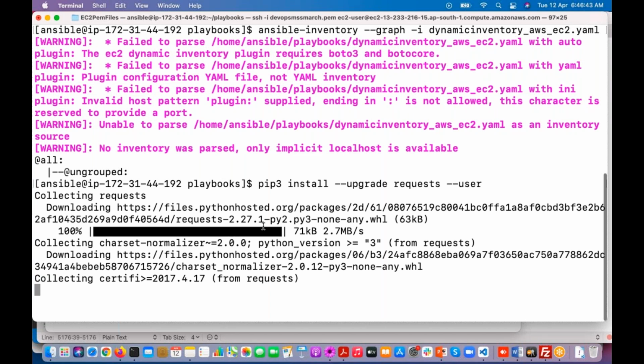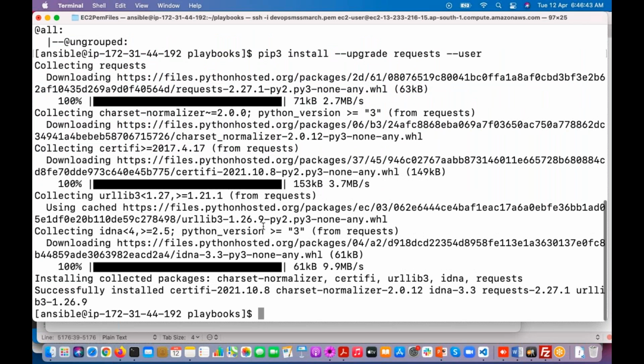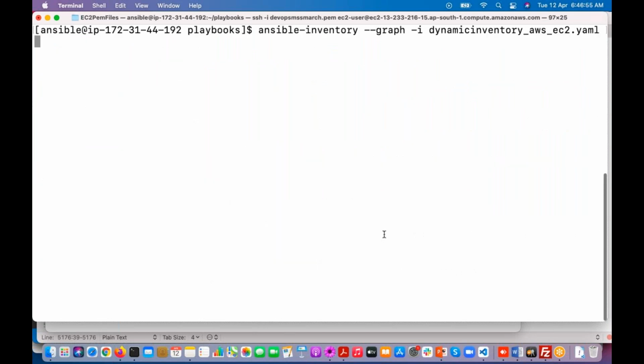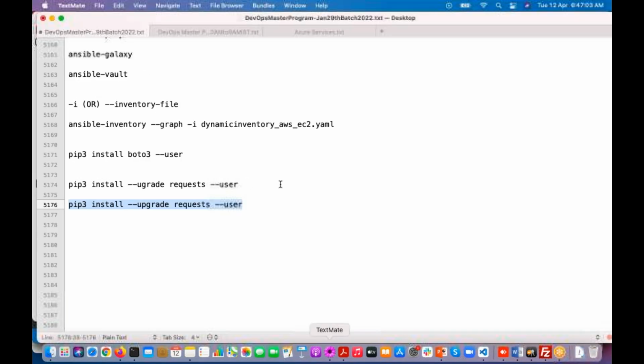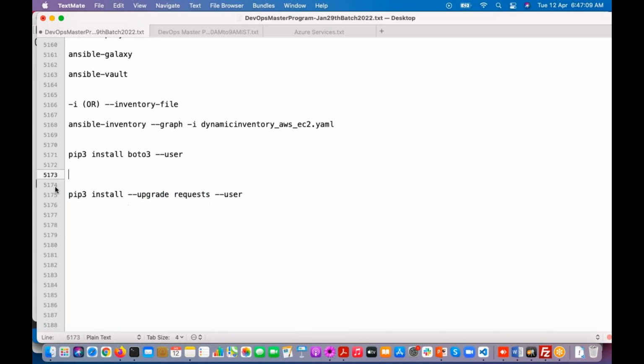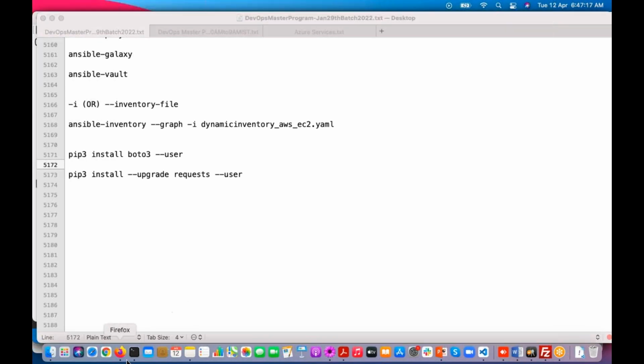So now you can execute this one. Yes, see, now you can observe, guys. Here we didn't install requests. A small mistake, a spelling mistake in upgrade. Okay, upgrade we have to use. Now if you observe, I got